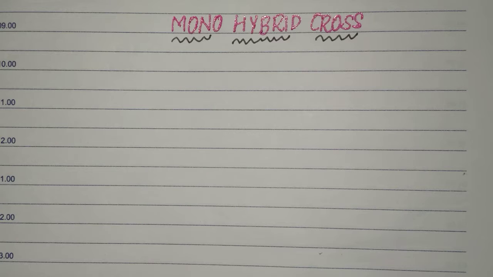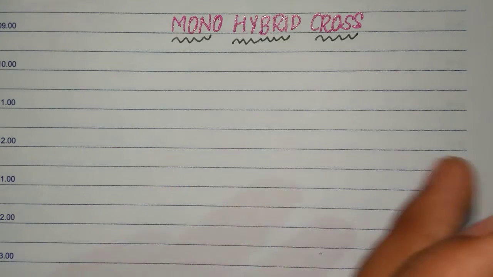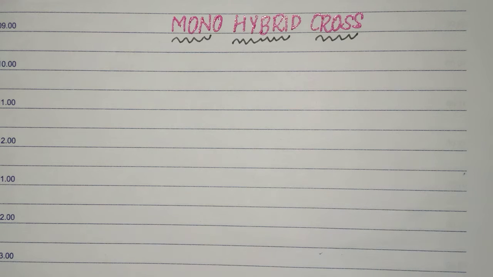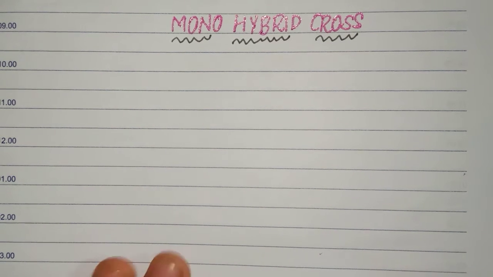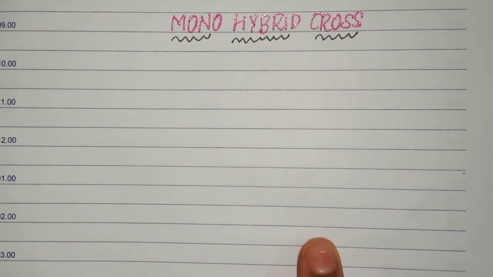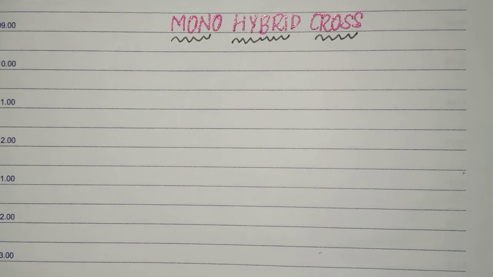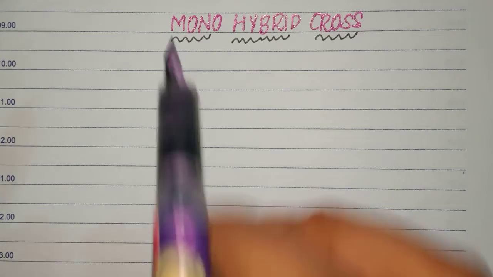Yes, the monohybrid cross. Firstly, most of you think it is the most difficult one, because of all the capital R, small y, capital, etc. So don't worry about that. I'll teach you monohybrid cross with a specific approach, so you will be able to understand it very simply and easily. Let me start with the monohybrid cross.